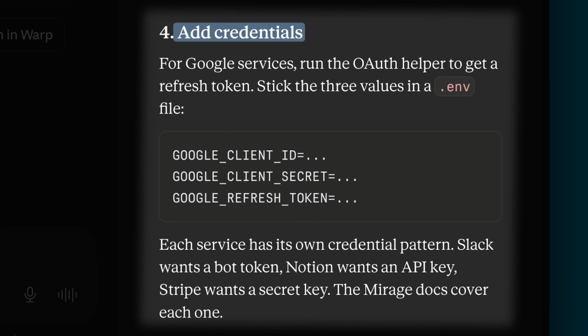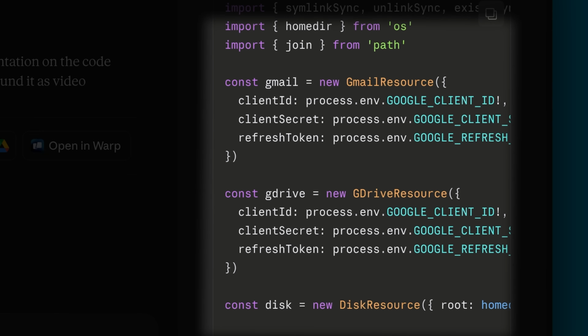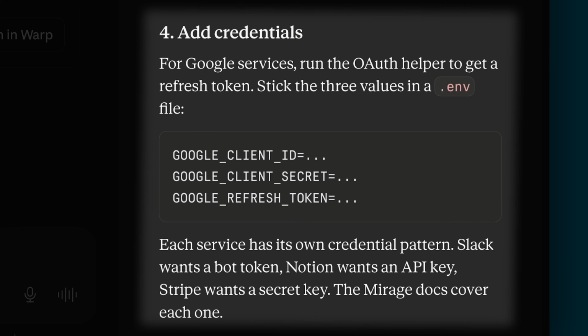Most of the tools that you will use need to be authenticated. Unlike the connectors for Claude, automatic OAuth isn't built in here. So whatever tool you need to install, first it's going to mount a TypeScript file where it's going to add the tool as a directory in this workspace. After that, you're required to add in the credentials that the tool needs.